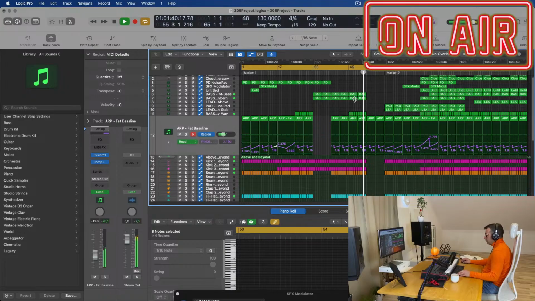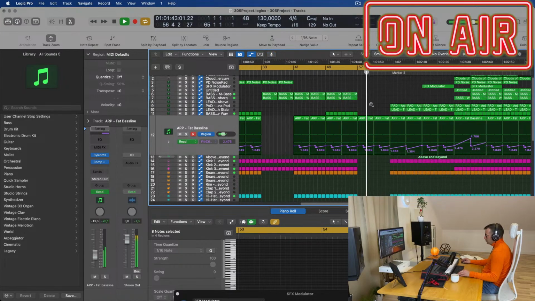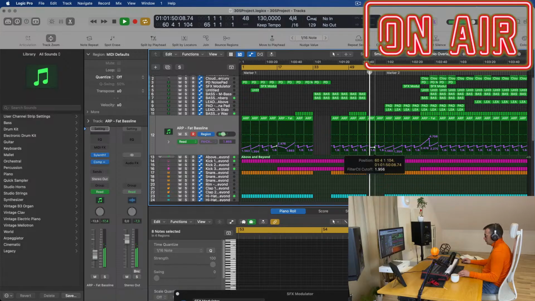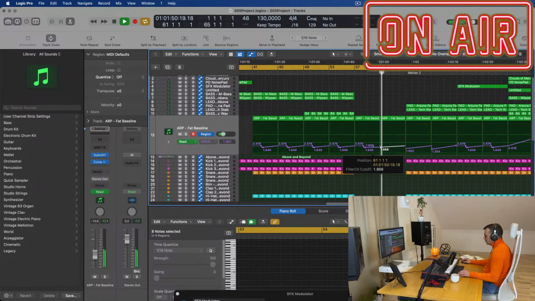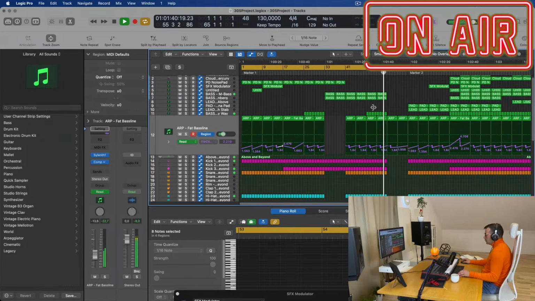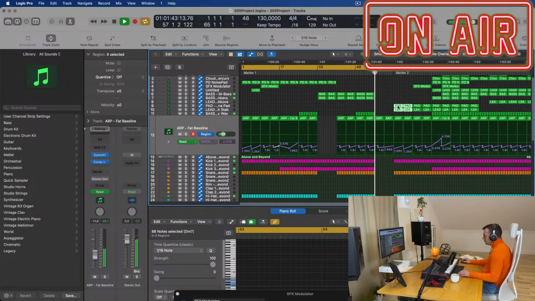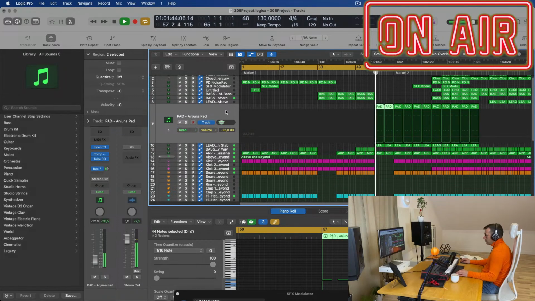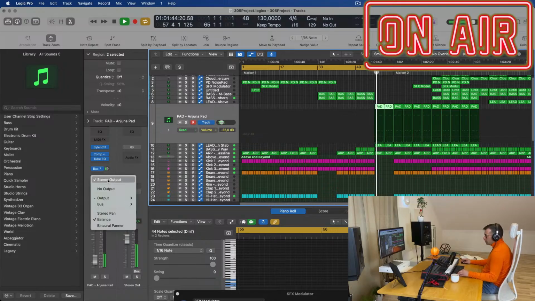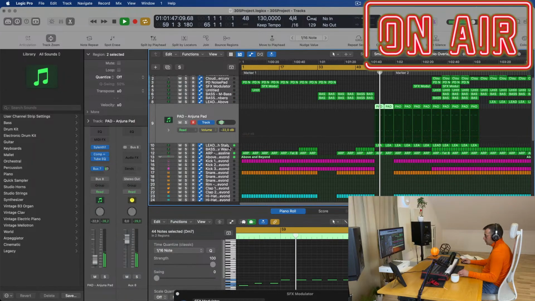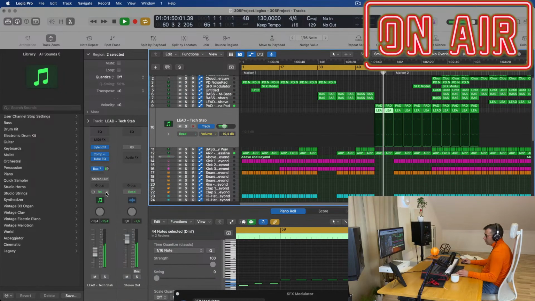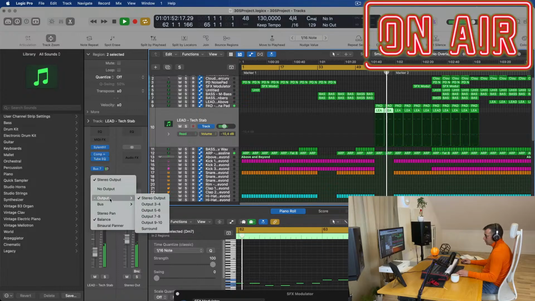Cut those. I'm going to try to bring these in, I think, in a cool fashion, so I'm probably going to bus them together. I'm going to bus those two together to a new bus 8, because they're going to work very well together. I'm going to do a bit of a trick to